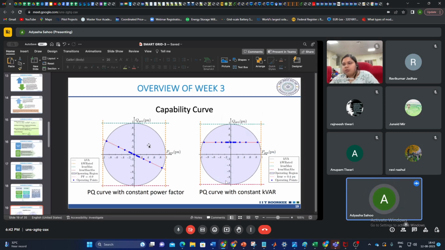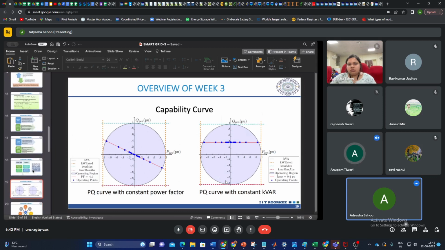What is basically a capability curve here? What are we representing? It is active and reactive power. So as we are seeing, on the x-axis we have P generated, and on the y-axis we have